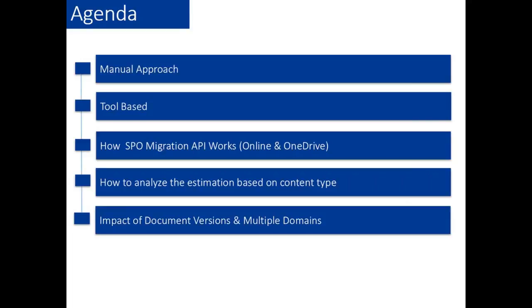After that, a very important point is when we are giving estimations of the migration. What we lacked at the time of pre-sales, or when giving estimations to the customer. So how we can analyze the estimation, what type of content we have, with a high-level overview of that. Then how document versioning impacts it. And after doing the migrations, we usually hear a lot of users in organizations with multiple domains start complaining, "I was able to access the old site, but on the new site I am not able to access." We faced this challenge in quite a few projects, and I will discuss how to resolve those challenges on top of that also.